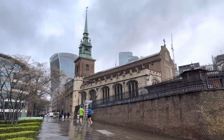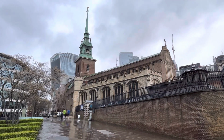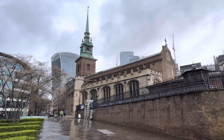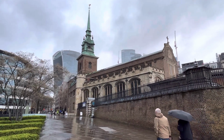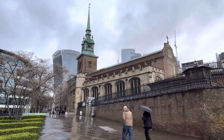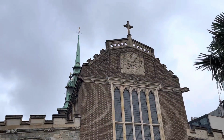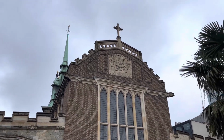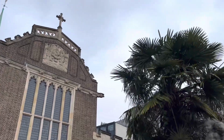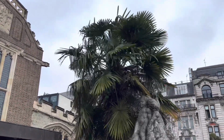So literally next door to the Tower of London, you've got the All Hallows by the Tower Church. Now this church, as far as I'm aware, nothing was actually filmed there. But this church means a lot to me. I did mention that I'd stayed at the Tower Hotel with my wife, but on one of the occasions, this was back in 2012,